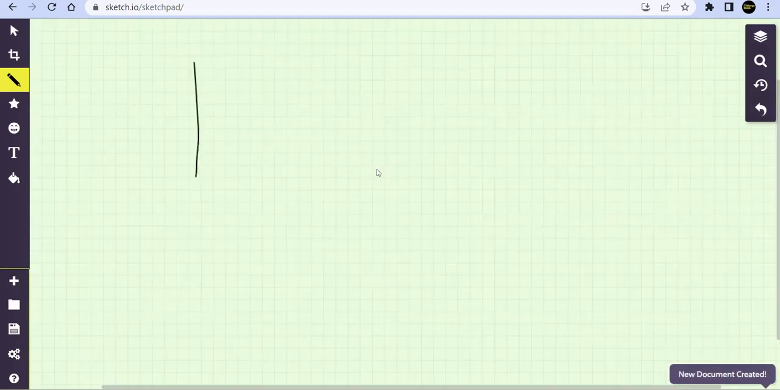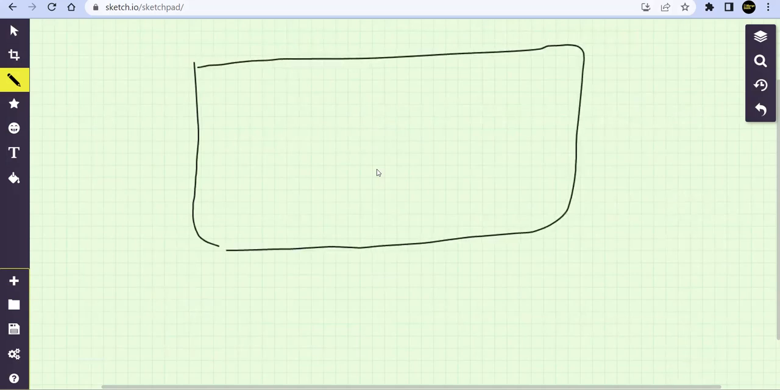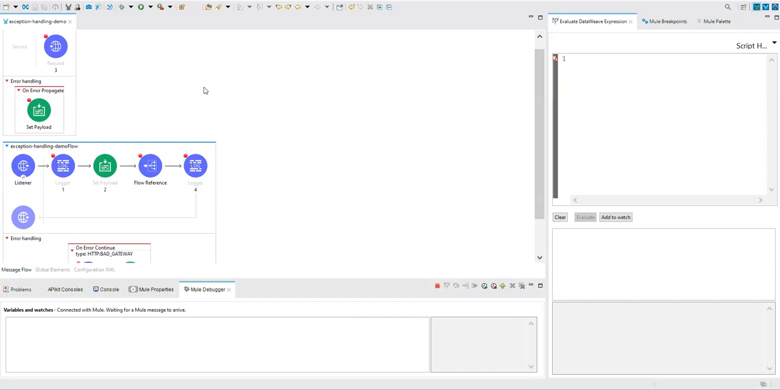Now let's take this scenario and see the order. Instead of that, we'll go ahead and see the demo. On error continue, on error propagate, is that clear to you? Yeah, definitely. Totally clear. So now, instead of this flow handler,